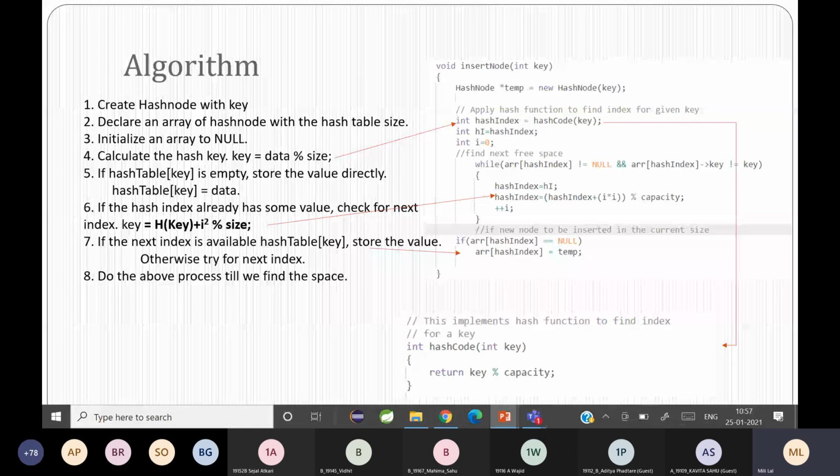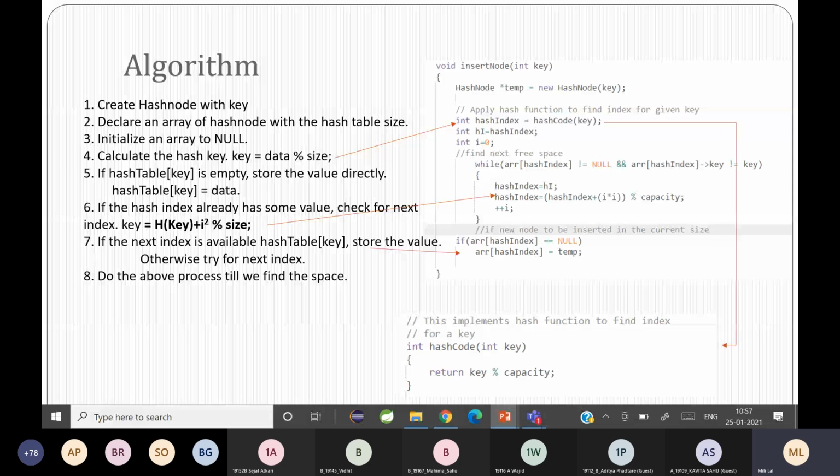The hash function here is key equal to data modulo size, which is the division modulo method. And if that index is not free, or it is already stored, you continue the loop. Unless and until you store it, you find a free space.